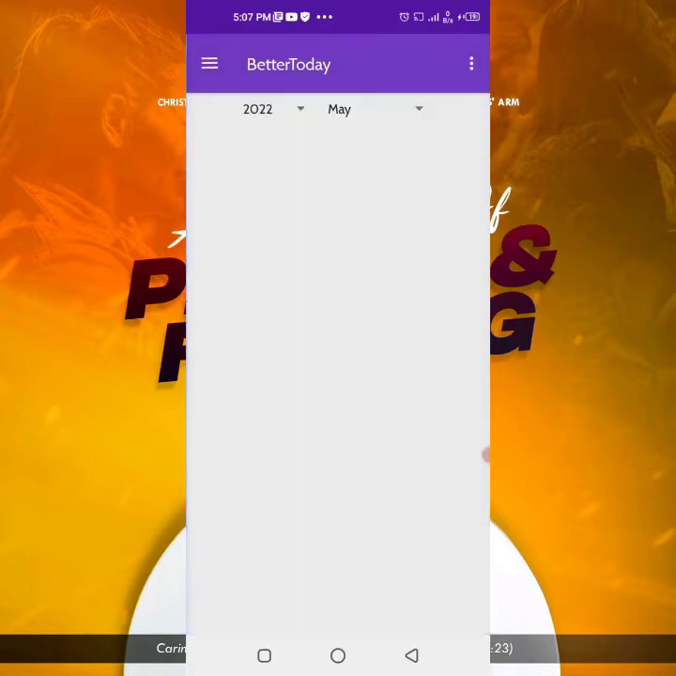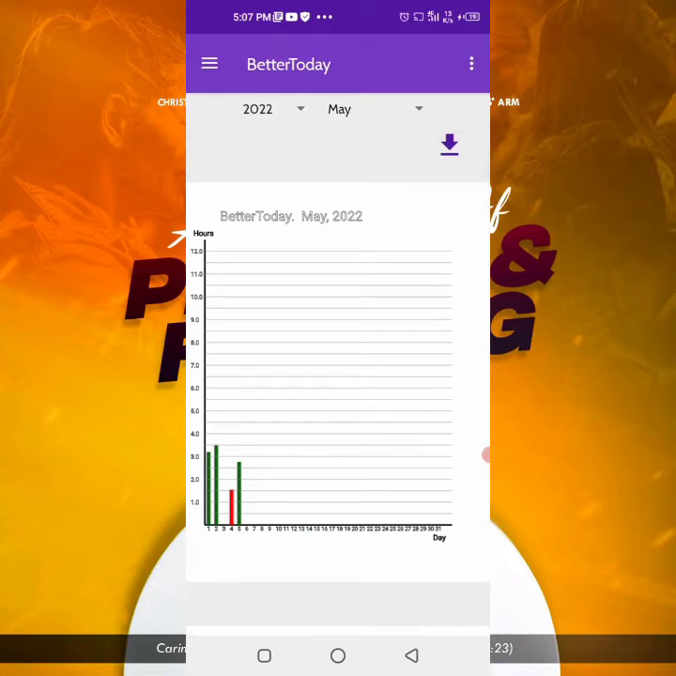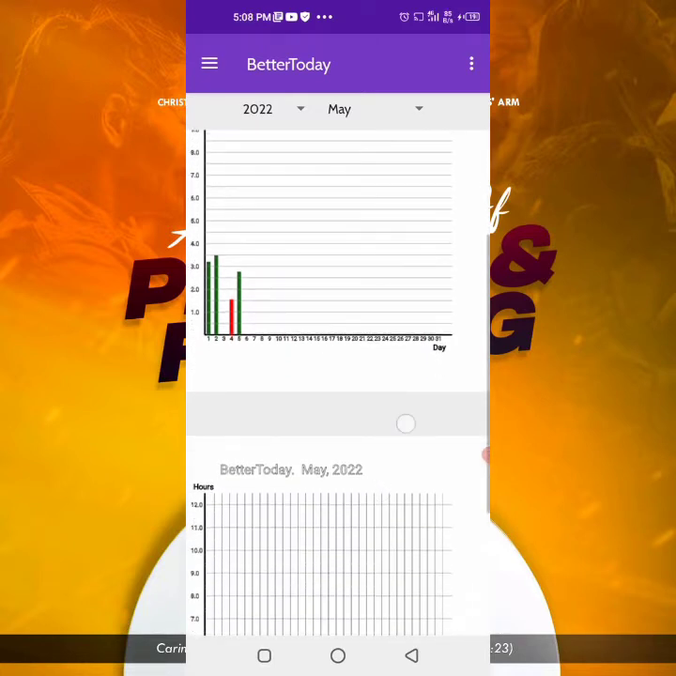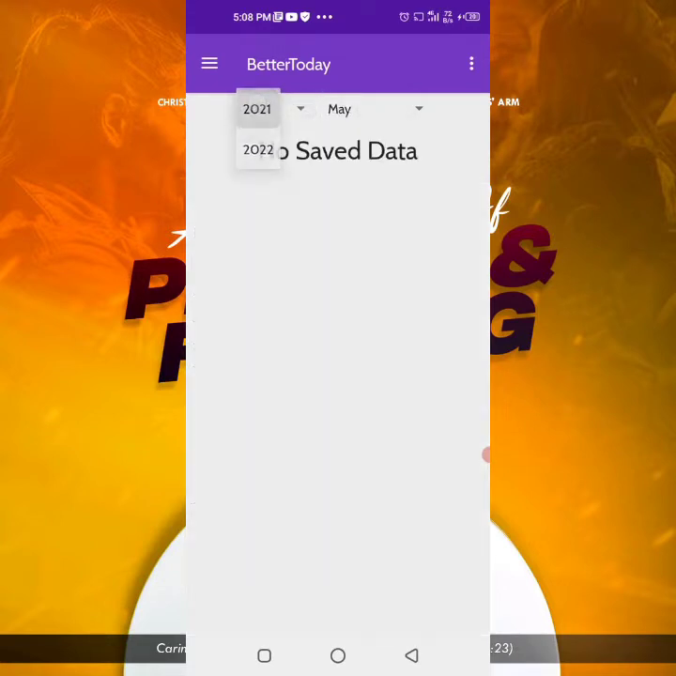Okay, then the study graph. Yeah, this gives you a graphical representation of your study for that month. I've talked about the study graph before, so I've talked about the benefits. You can download it and all that. You can see a previous month's study graph by simply doing this,